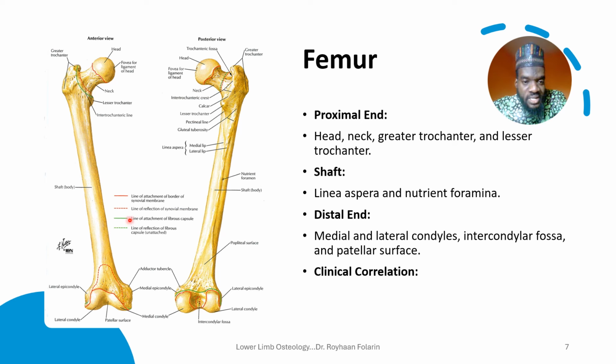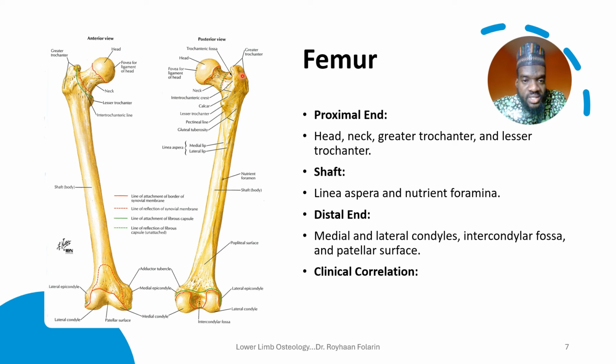Remember, this is the left side of this right femur, so here is the medial part, the part that is closer to the person's midline. And here is the lateral epicondyle. This tubercle here is the adductor tubercle. So looking at the posterior surface of the same bone, again, here is the